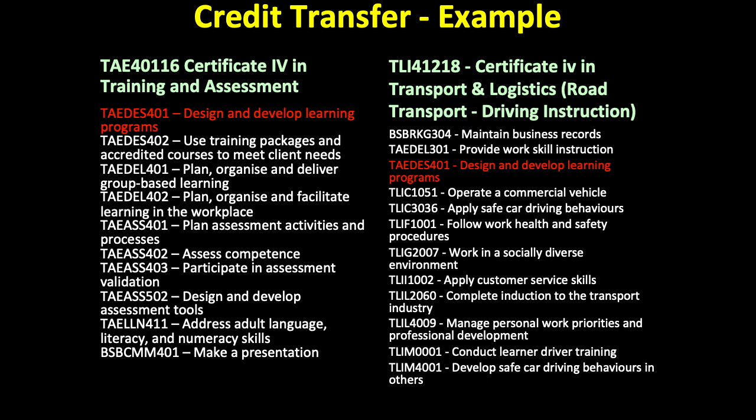Now if we go to the right side of the screen we will see TLI41218, Certificate 4 in Transport and Logistics, Road Transport Driving Instruction. This is one of the courses that I deliver. So if we run down the units there, we'll see that I've also highlighted in red TAE DES 401, Design and Develop Learning Programs. So essentially what that means is that the applicant would produce evidence of completion of that